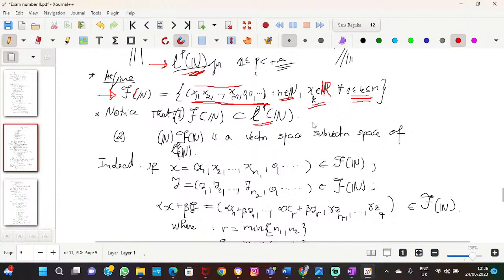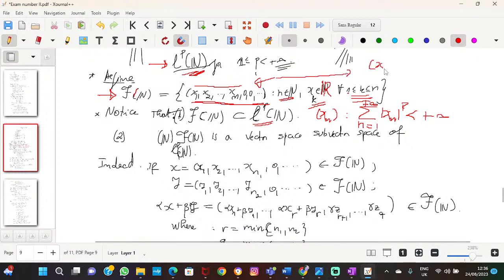LP is a set of sequences xn such that if you sum the absolute value of xn to the power p, you get a number that is certainly less than plus infinity, for n from 1 to plus infinity. So now in our case, if we consider an element of F of n,